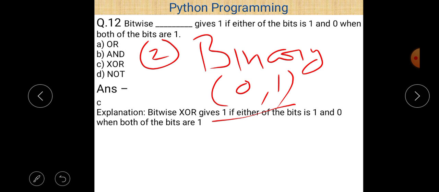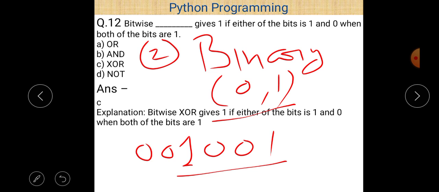Because when you see a number, you cannot say generally whether it is a binary or a decimal number. So there is a representation which tells you which kind of number it is. For example, if I write 1001, then this is a binary number. And one thing we always remember is that if we add 0 before any number, it has no effect on the magnitude of that number, whether the number is binary, decimal, octal or hexadecimal. Okay,